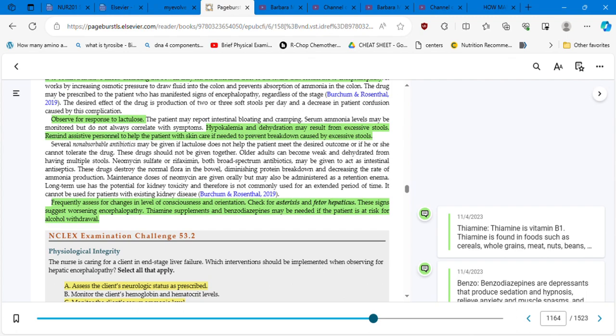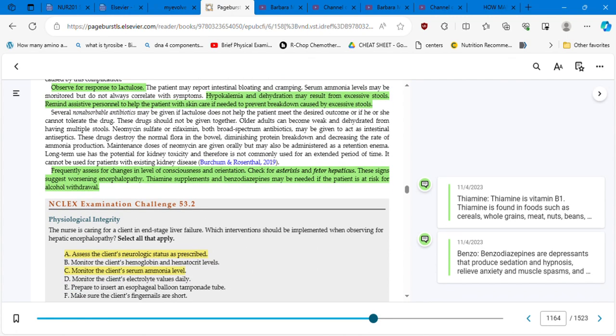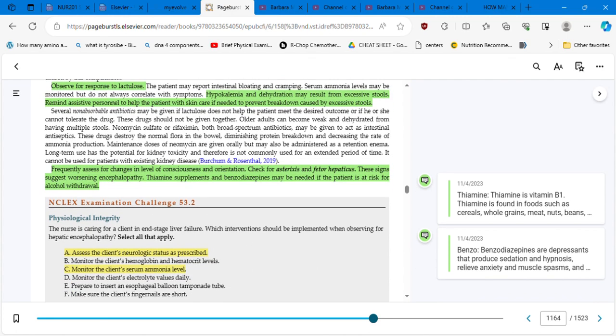Frequently assess for changes in level of consciousness and orientation, look for asterixis, which is the hand movement, and fetor hepaticus. These signs suggest worsening encephalopathy. Thiamine supplements and benzodiazepines may be needed if the patient is at risk for alcohol withdrawal. And we know that thiamine is vitamin B1. It's found in foods such as cereal, whole grains, meat, nuts, beans,